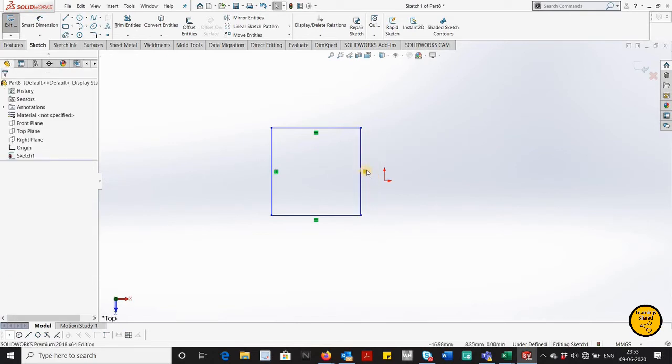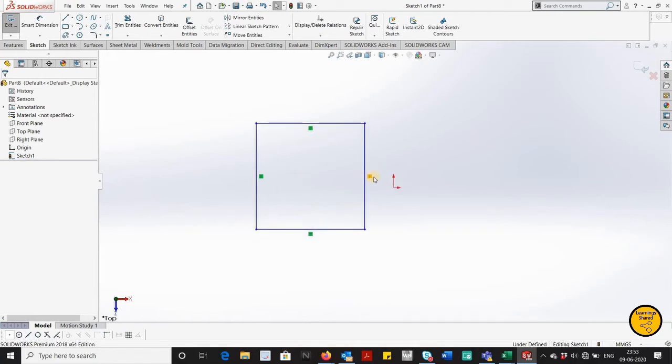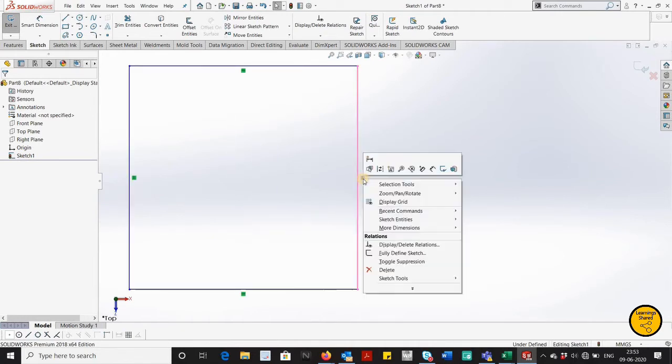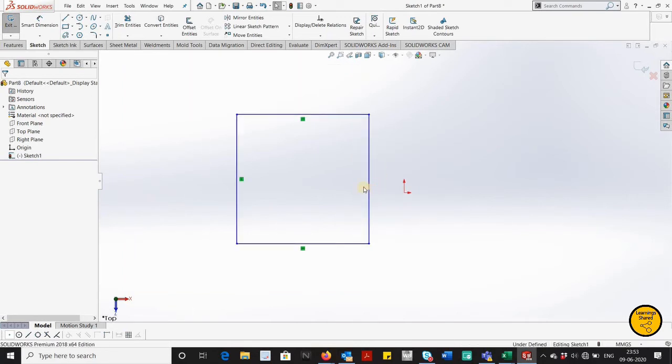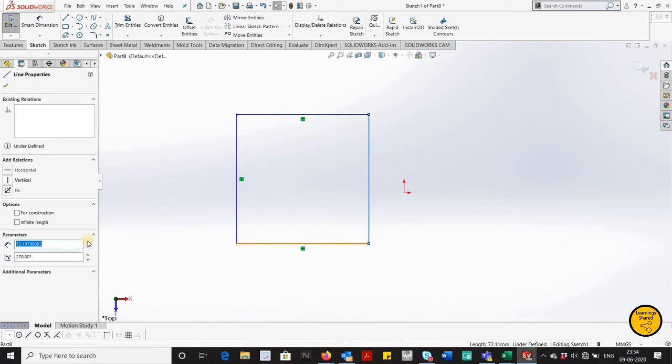Before clicking, I will change this relation. This is the vertical relation. I will delete it: I will click over it and select delete. Now suppose I want to change the dimension of this line, then I will click over it and I can change it. See, I can change the dimension, but as soon as you change the length, the rectangle will change its size too.